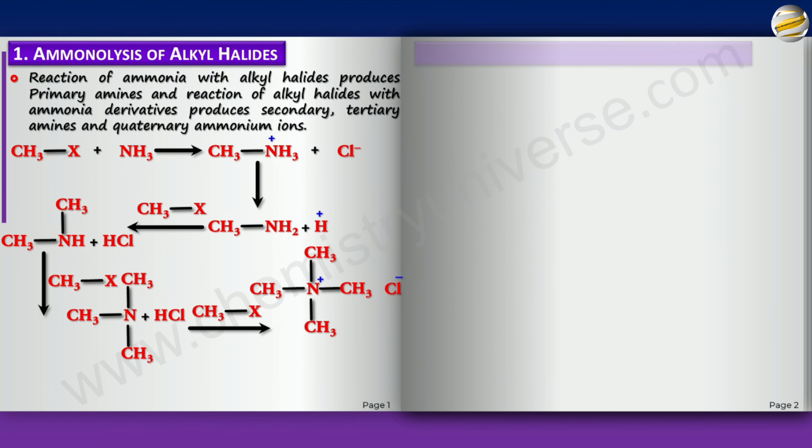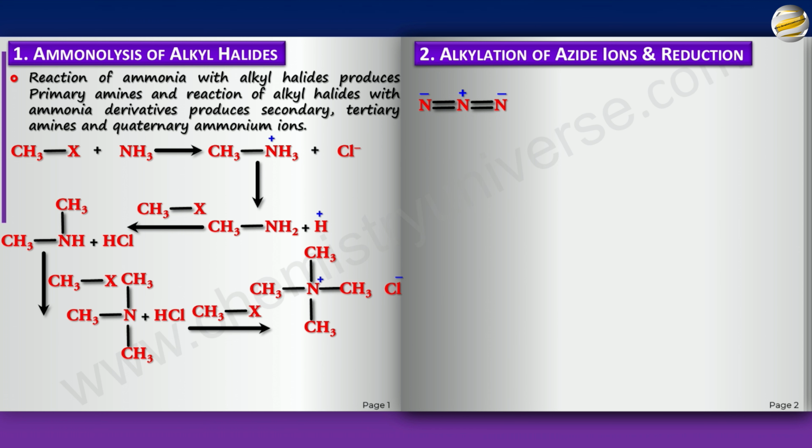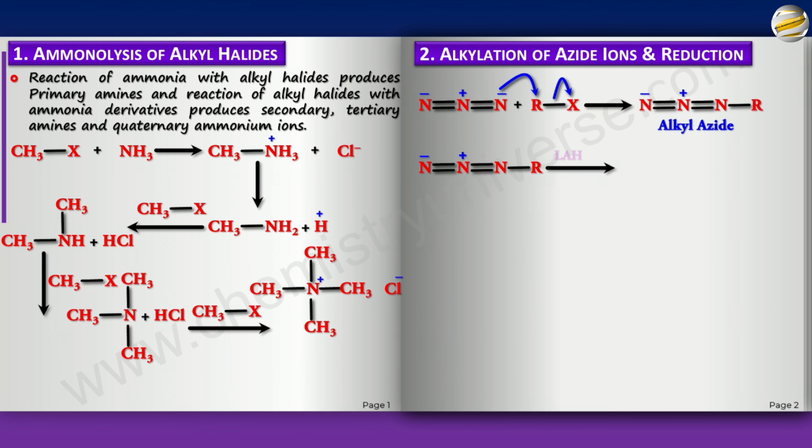All right. The second is alkylation of azide ions and following reduction. Now we have already done this in nucleophilic substitution. Azide, if you remember, is N3 negative, and it's nucleophilic. So the N minus will attack the R, X minus will leave, and you'll get this. This is alkyl azide, and this we can reduce by LAH or sodium and ethanol, Birch reduction, and you will get RNH2 with removal of nitrogen gas. So this is one way, but again, remember, this is only for primary amine. You can only get primary amine by this.